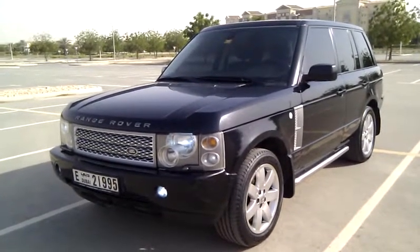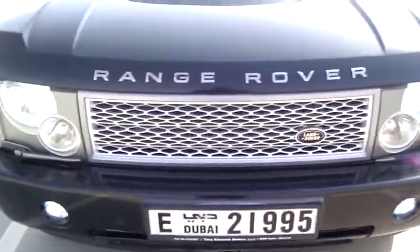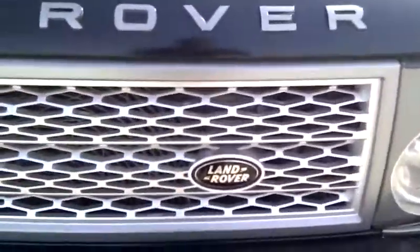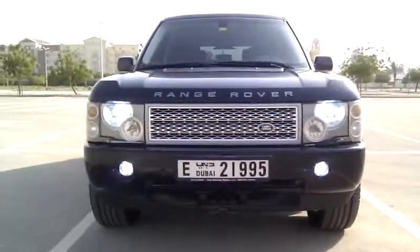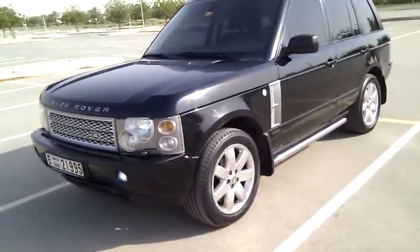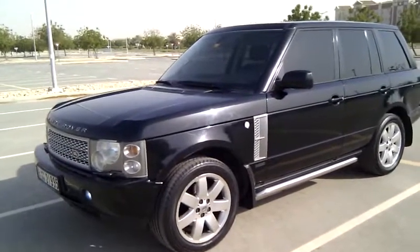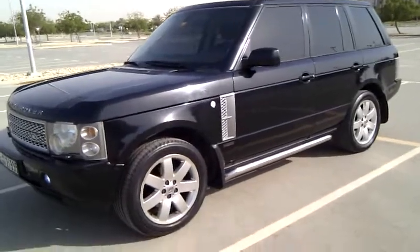There are of course numerous options that have been added, including the Supercharger style grille and the black Land Rover badge. The gas discharge xenons give beautiful light blue illumination during the evening hours, making for a very menacing sight when this thing is behind you. I can assure you, people do tend to just move out of the way when this thing is in their rear view mirror. You've also got the Supercharger side vents